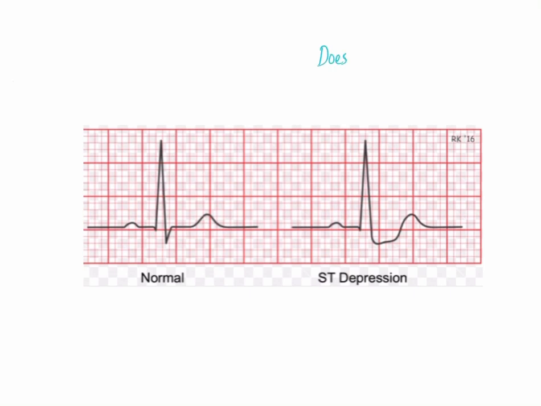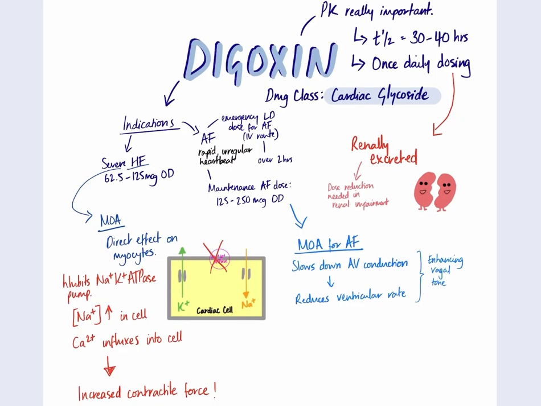On a separate point, digoxin can cause ST segment depression on an ECG, but this is completely normal and it doesn't signify toxicity. So this is the end of the video, and these are basically the notes that I've made,